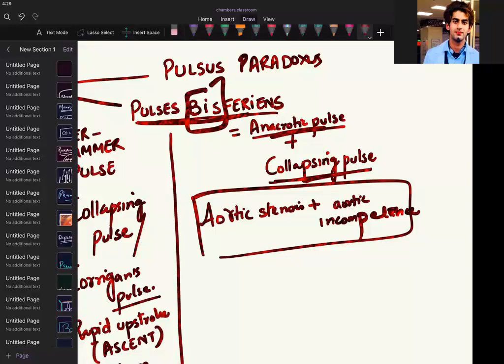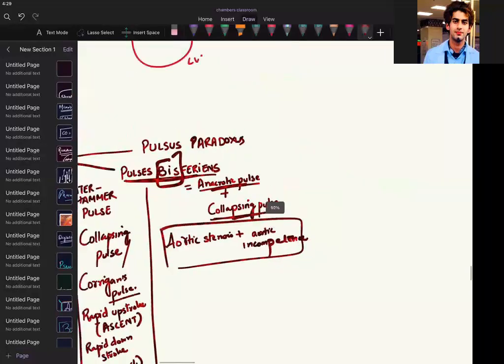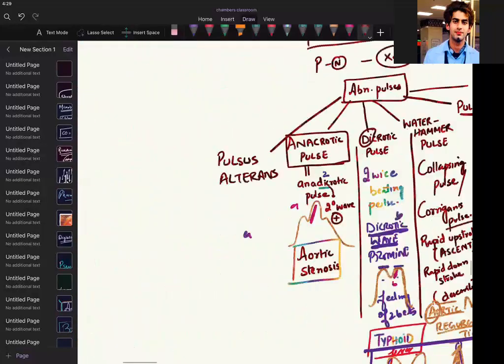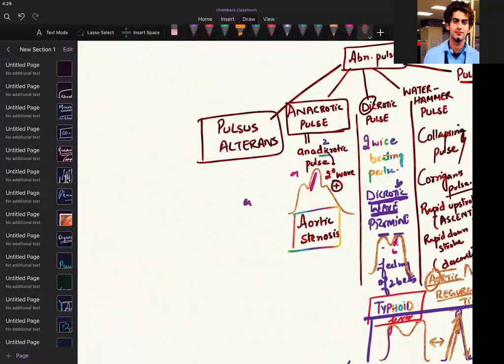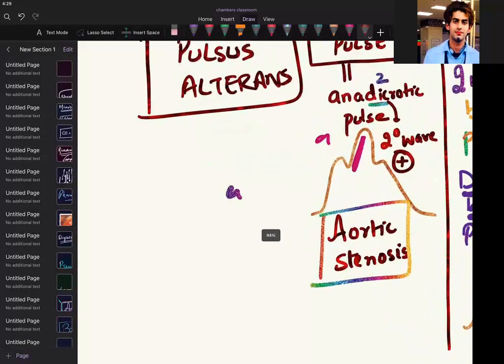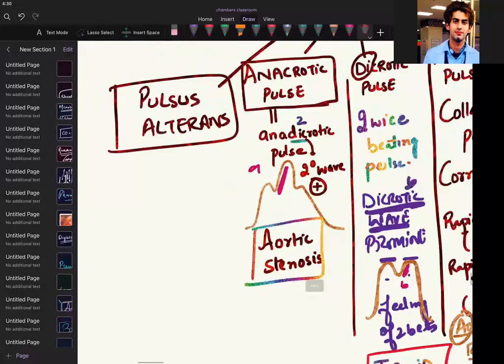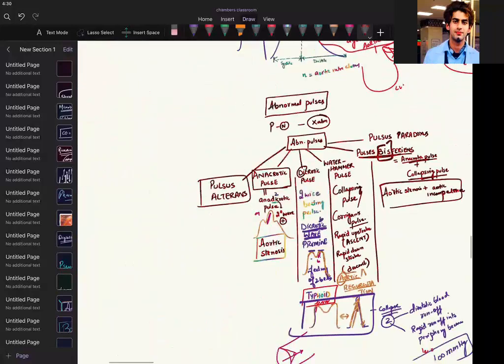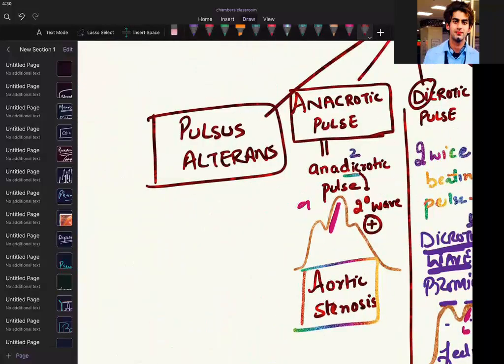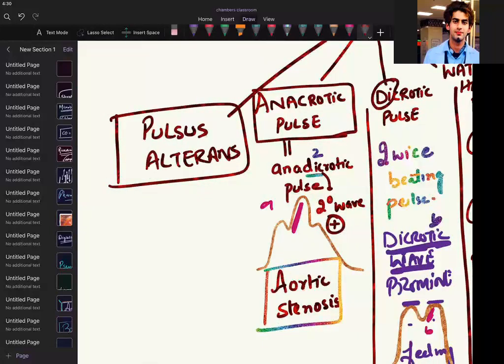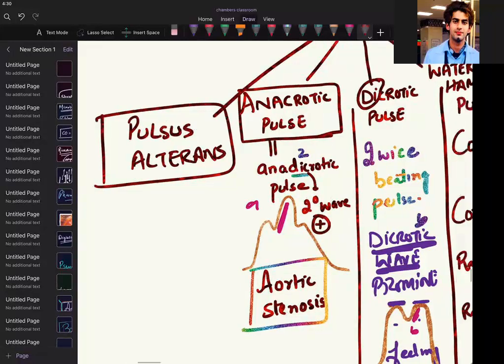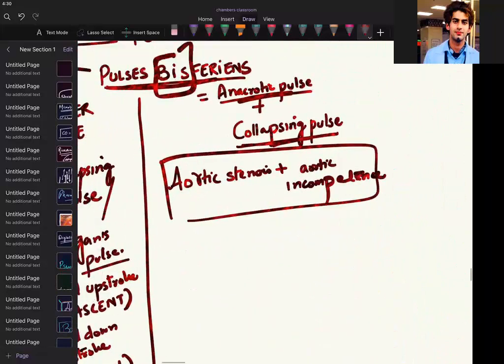Okay, let us take another two and then finish the class. Pulsus alterans. We had written pulsus alterans. Just write this much. It's sufficient for you at this physiology moment. No need to go into the disease part. Just remember it right now. Pulsus alterans means, let me take pulsus alterans in the end. Let us first finish from this side.